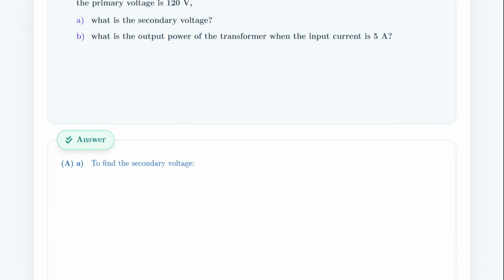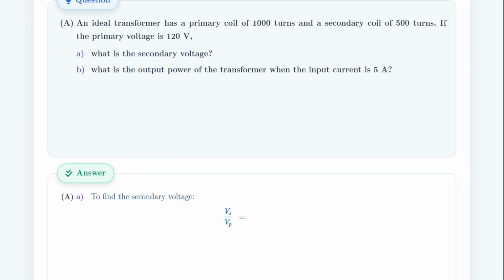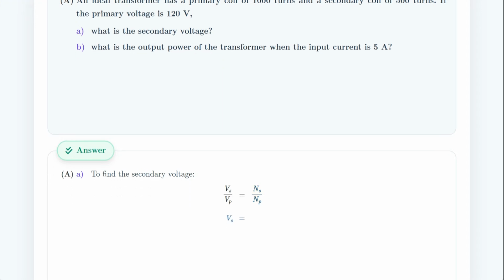To find the secondary voltage, we can use the fundamental transformer equation. We know that the ratio of voltages is equal to the ratio of the number of turns. So, secondary voltage divided by primary voltage equals secondary turns divided by primary turns. Now, let's substitute the values given in our question. Vs equals